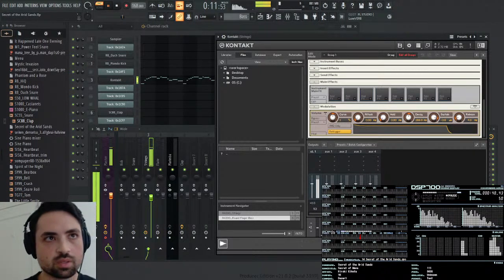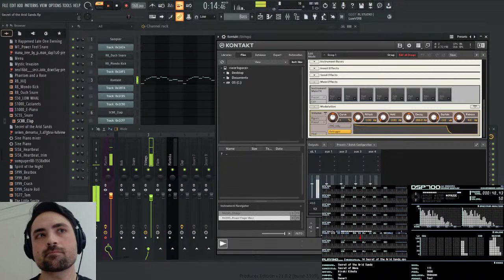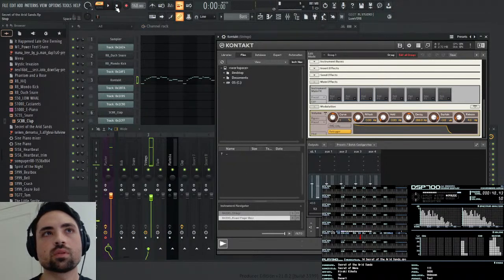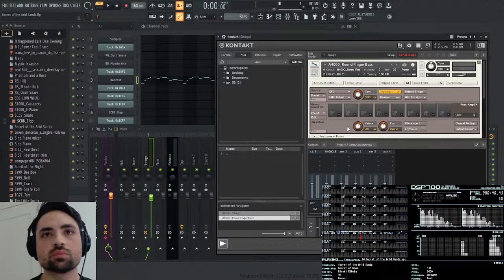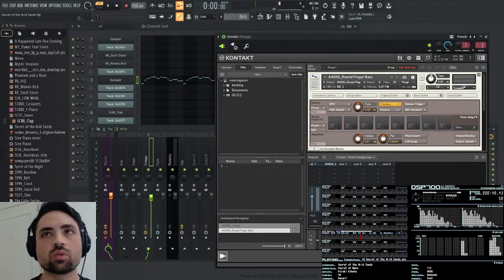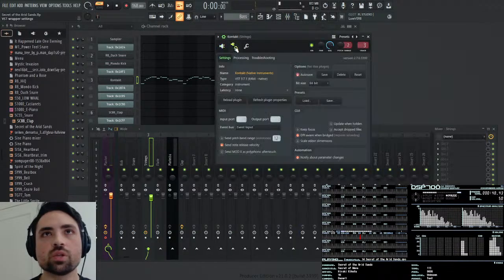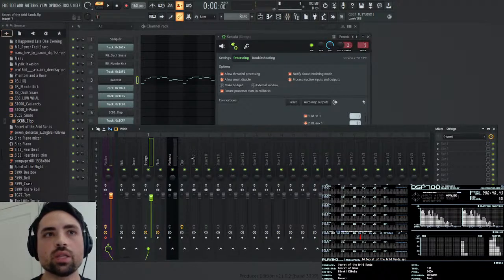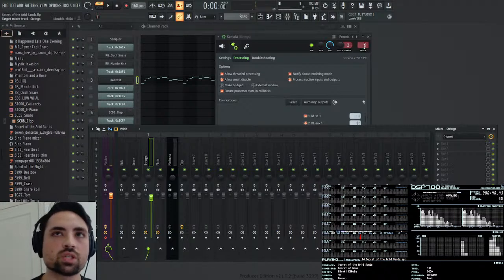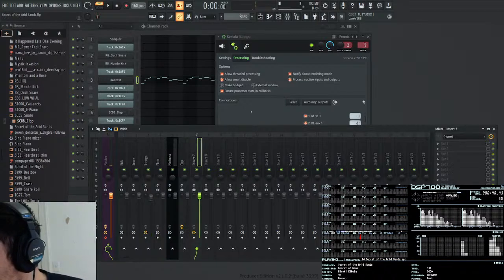So that's good. Now I just need to send this to a mixer track. So let me create master output, send it to plugin out 3 and 4. And this is going to channel, the main out is going to channel 3, or mixer track 3. So now I need the second output to go, what do I need? 7 is the next free one, so I need +4. Now I name this bass.